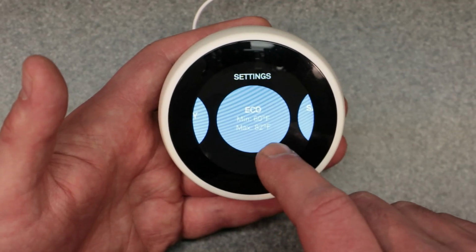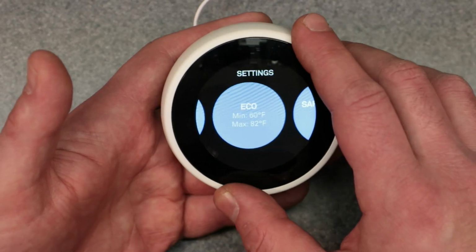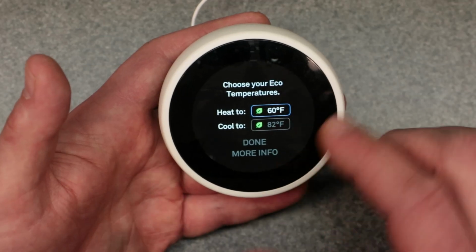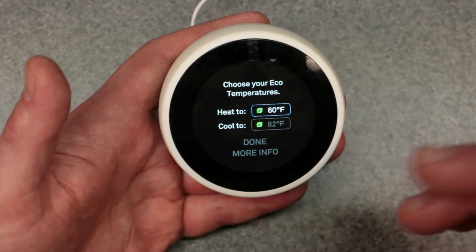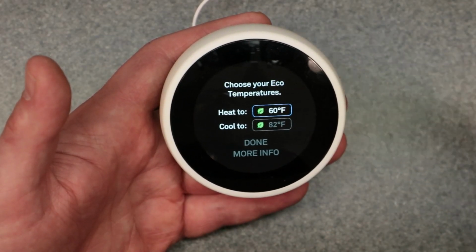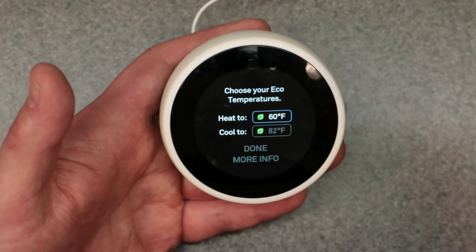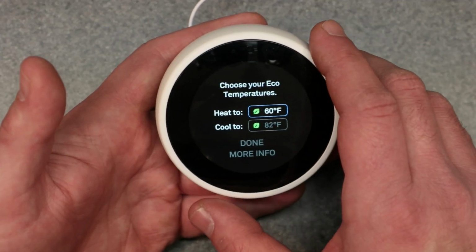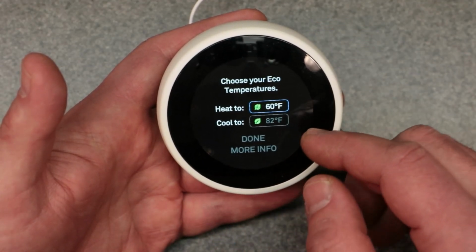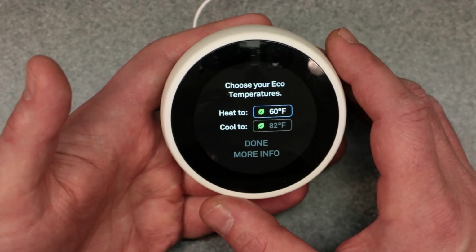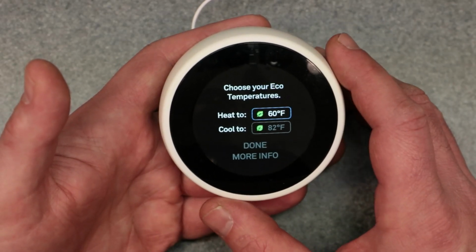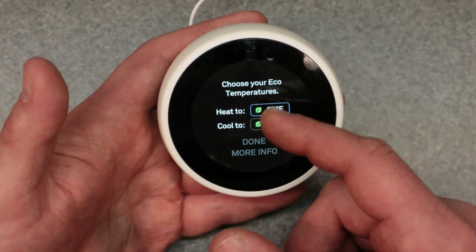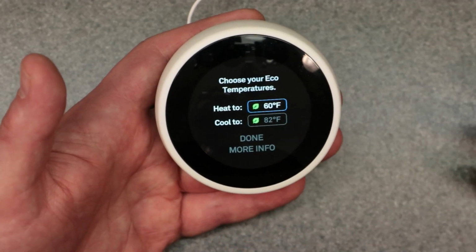And then it ties into this next one here, which is eco mode settings, like the thresholds. So you can adjust these or turn them completely off, which is something you want to do if you're doing a manual override. Check out my manual override video for that. But essentially, you're setting the min and max points for heating and cooling to be an energy saving threshold. So when it goes into eco mode, it will hold these thresholds in order to save energy and be